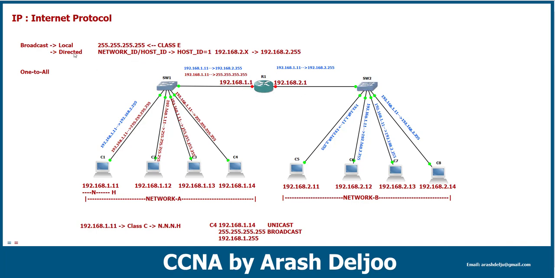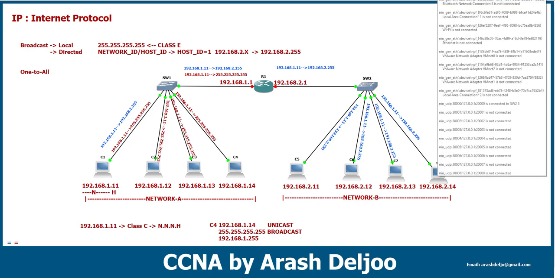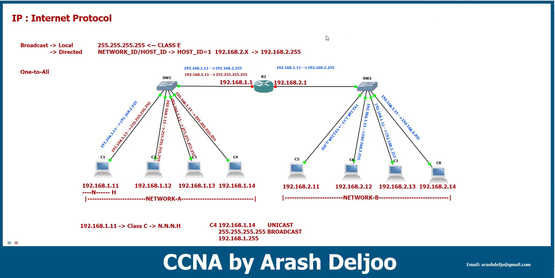But when you use the directed broadcast, in the host ID of the address you use all of the bits as 1, and now we have a directed broadcast. This address cannot be assigned to one system. You can't assign 192.168.2.255 to a PC because this is the address of the directed broadcast. Because of that, the traffic can be forwarded by router 1, and all systems in the destination